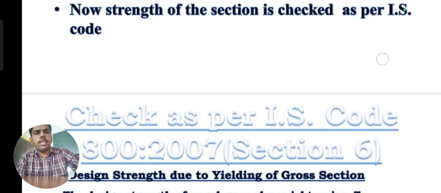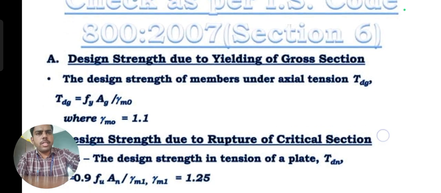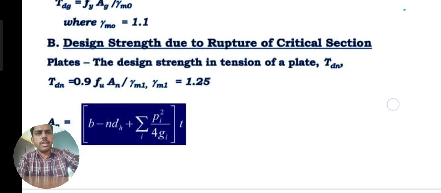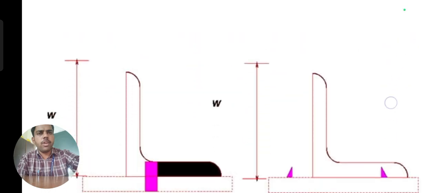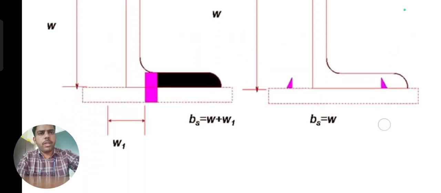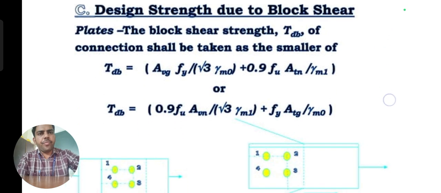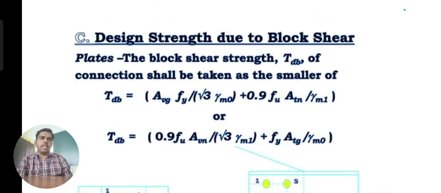By using cross section, rupture and block shear, using these three methods, we get the value of that particular member. Okay, coming to block shear, this is the formula you have to use to find the block shear: Tdb = Avg fy by root 3 gamma m0 plus 0.9 fu Atn by gamma m1,